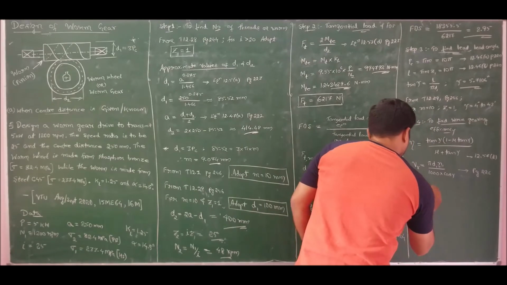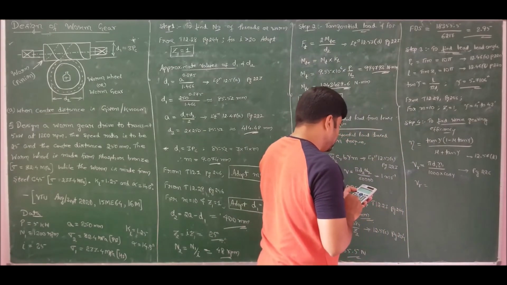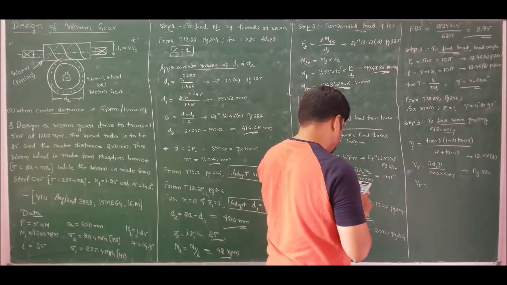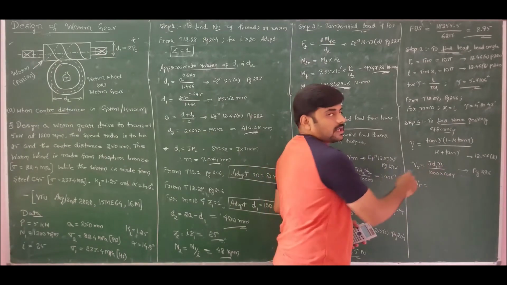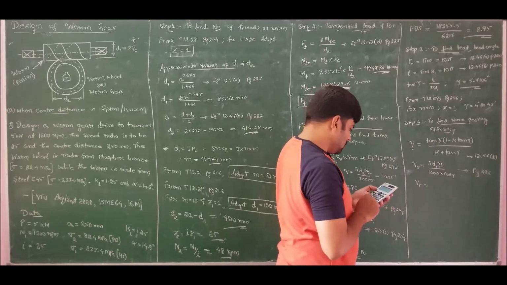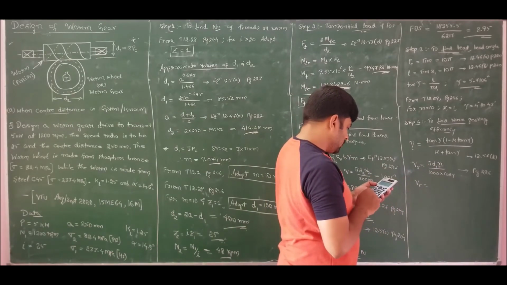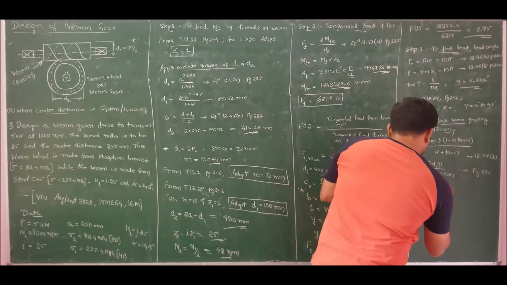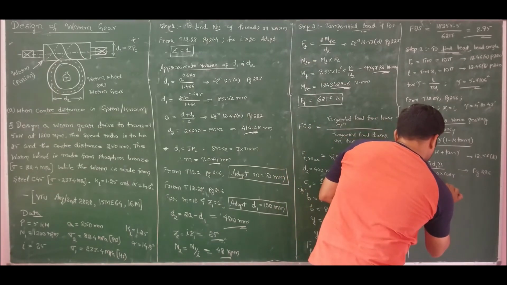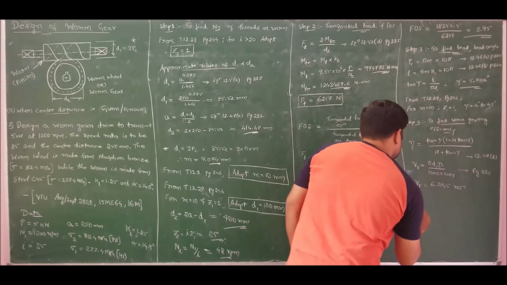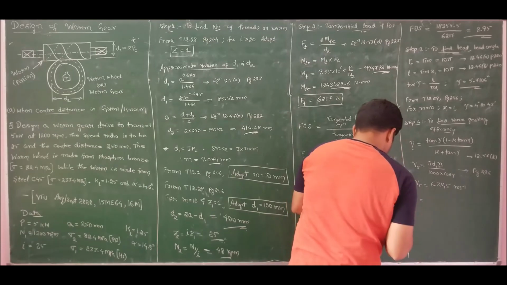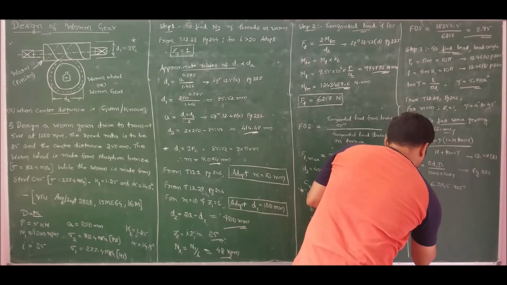So rubbing velocity will be pi times d1, which is 100, times n1, which is 1200 by 60. Because this is small n, I should substitute in rps, divided by 1000 into cos gamma, cos of 5.7106. So rubbing velocity is 6.3145 meters per second. So therefore I can choose the value of equation for mu as 0.025